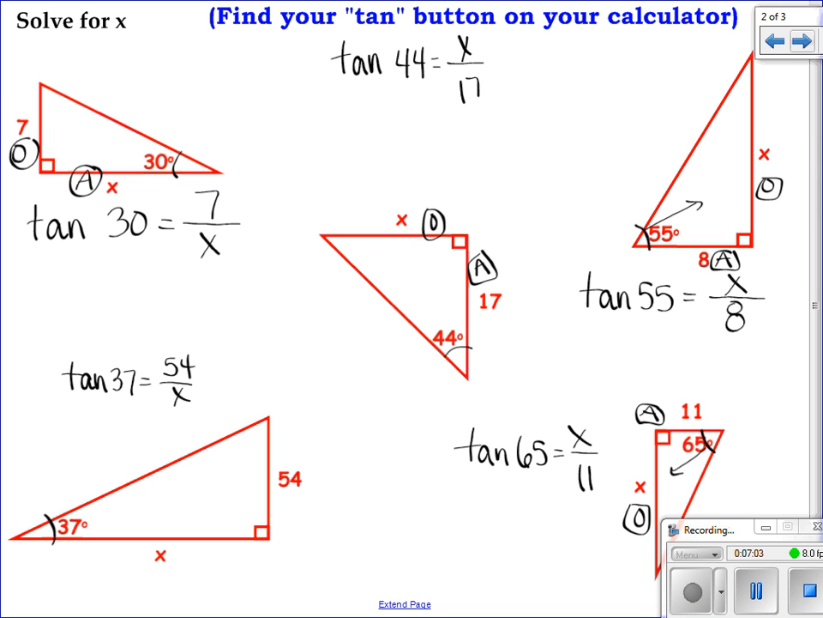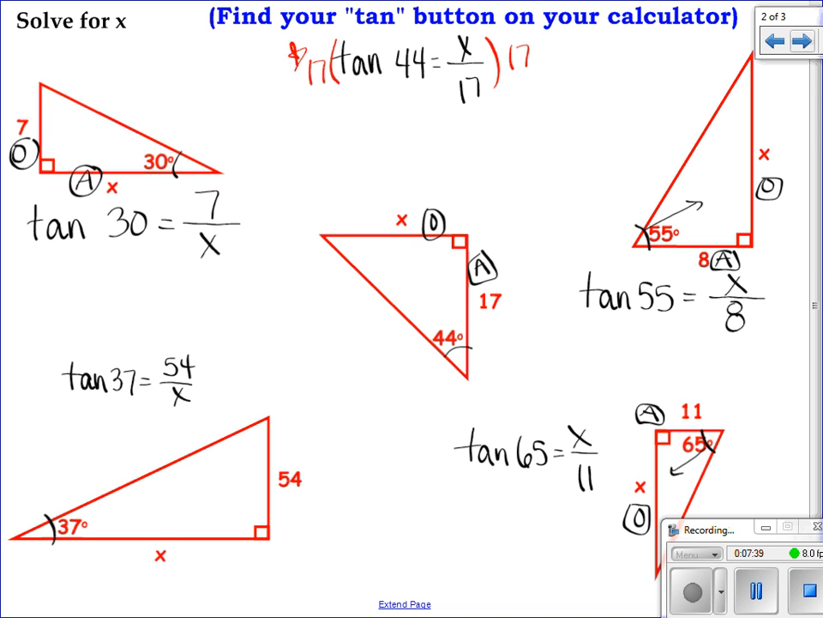Now the solving piece of it. Whenever you have a fraction, it's nice to get rid of the fraction. And in order to do that, let's look at that top middle problem, for instance. Right here. Right now on the right-hand side, x is divided by 17. To undo division, or a fraction, you just multiply by the denominator. So if we multiply both sides by 17,